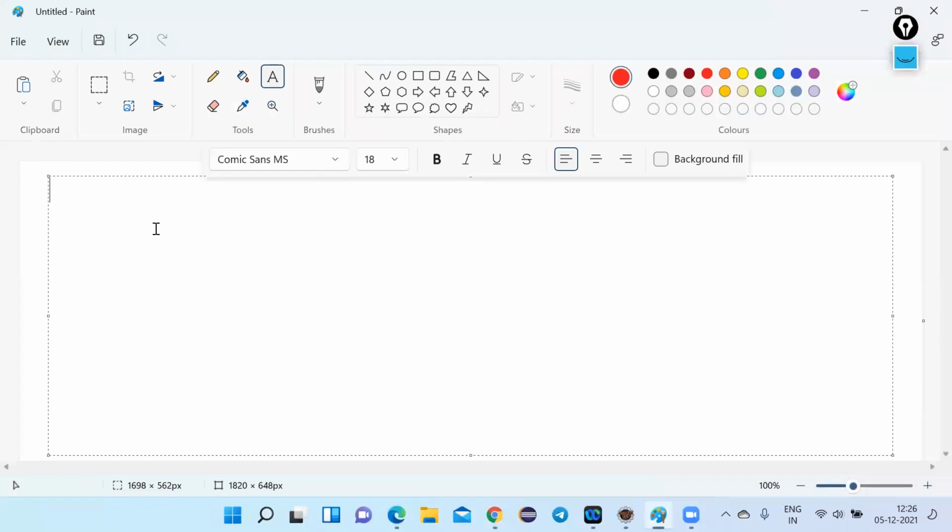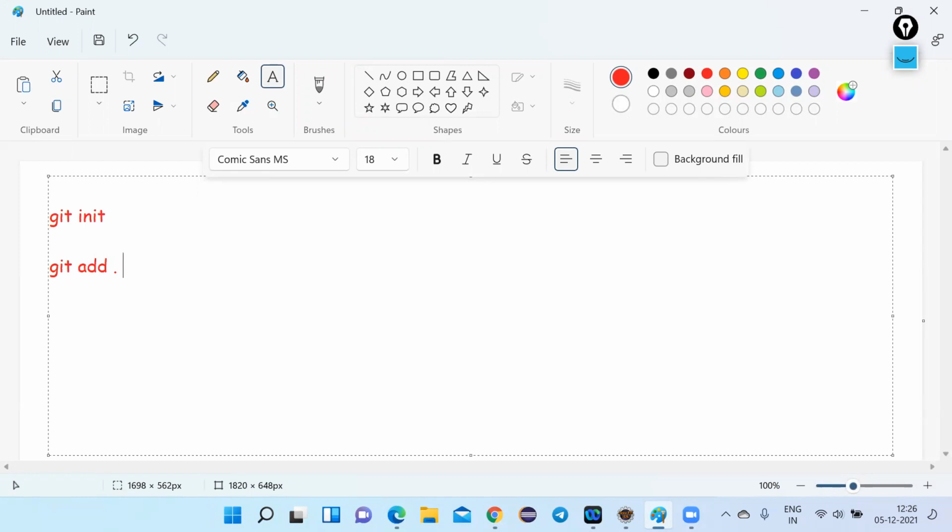So the first command to make a normal directory into a git directory is git init. This will help to make a normal folder into a git repository. After this, we need to add the files to the staging area. As I told you previously, git add followed by the dot. If you want to add all the files present in the repository to the staging area, we'll use git add dot.